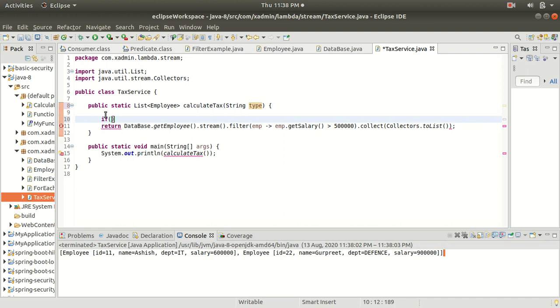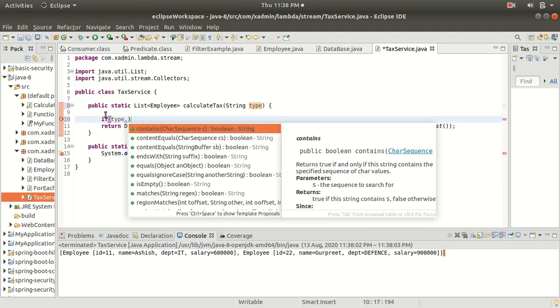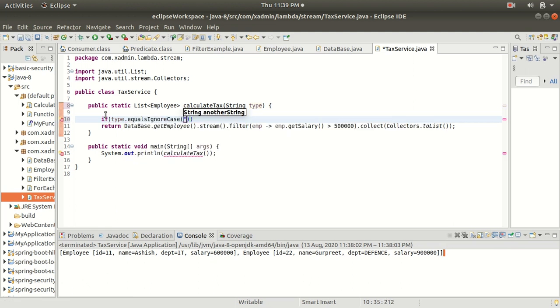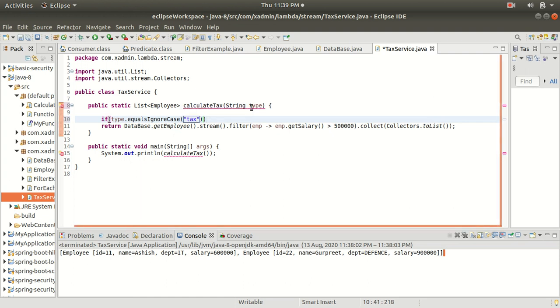If type dot, let's call the equalsIgnoreCase method, and here I will put a string like text. So if I am getting type as text, it means that I am going to call this method. All right. And inside the if condition, I will return this.